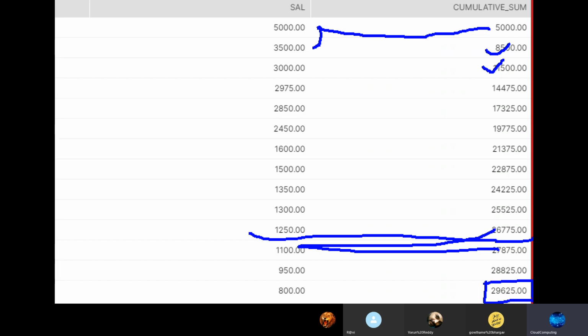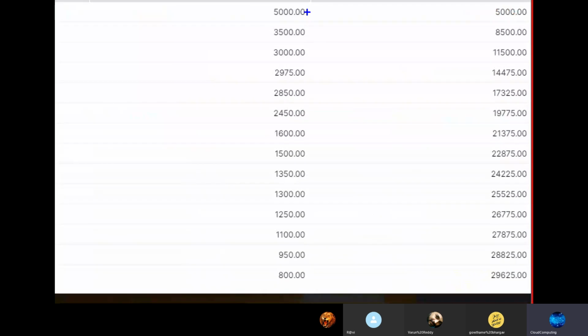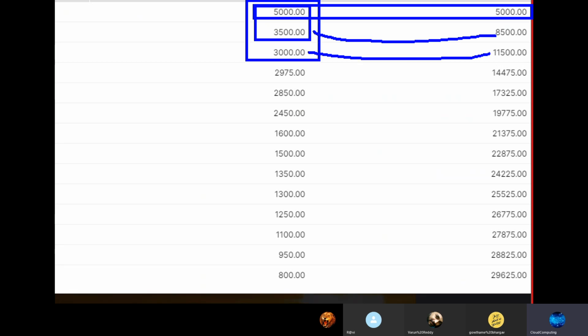This is the total value, 2,962.5, means this is the value. For this value, if you add the value below, you will get this value. So this cumulative sum or moving count or average is very much useful. What will happen is it will go like this. First of all, it will take this value and that is the only sum. If you go for the second value, it is a combination of first and second, and it will give the total here. If you go for the third value, it's a combination of all three and it will give it here. If you go for the fourth value, it's a combination of four values and it will give it here, and so on.